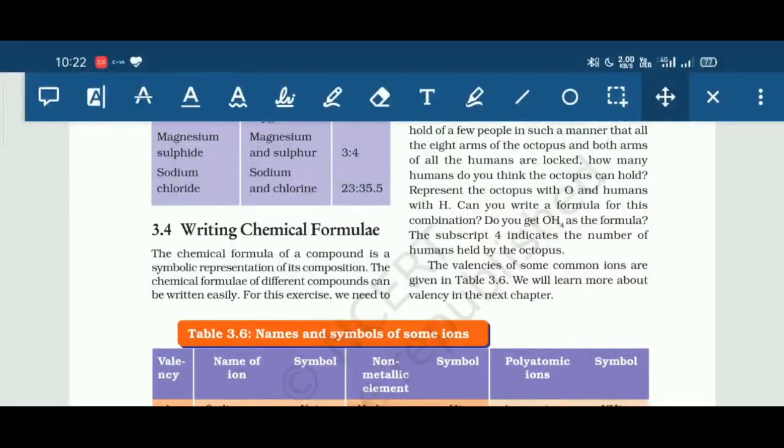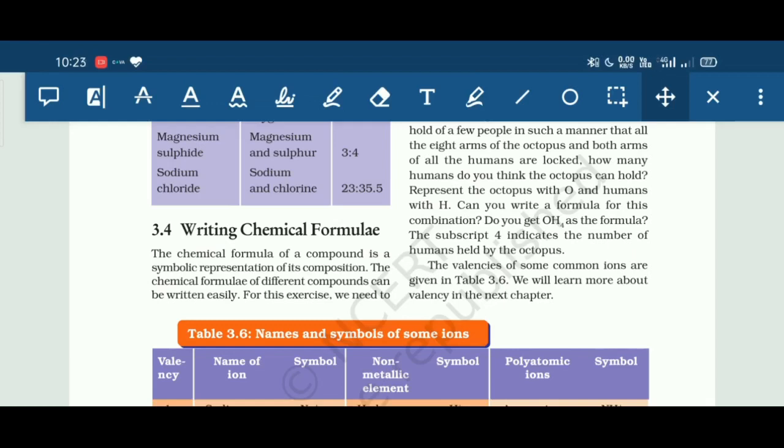Now, students, you may have many questions in your mind, like how ions are formed and why they have positive or negative charge. The answers to these questions will be given in the next chapter, when we will study electrons, protons and neutrons. In this chapter, we will only learn about the definition of ions, the symbols of various ions, and the use of ions for generating chemical formulas of various compounds.